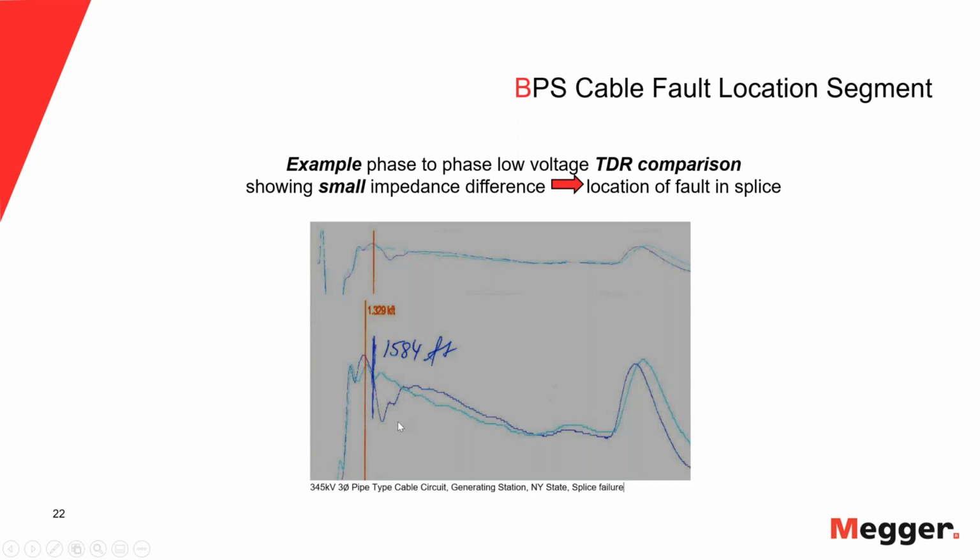This was a 345 kV pipe type cable out of a power station, a generating station. Pipe type is filled with oil, three phases in the steel pipe, filled with oil under pressure. It had failed. And when I tried many different things and couldn't really make ends meet, I said, okay, let me do the phase comparison, okay? And you see here on the right-hand side, you see the big open. So that was the end of the circuit. Actually, the circuit went out underground from the power station, up a hill to the switch yard, and then it went on overhead line out, okay?